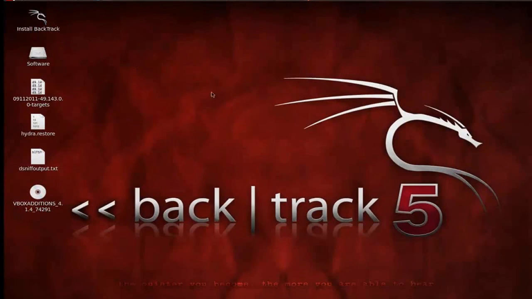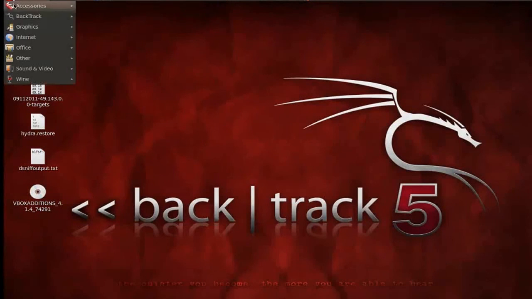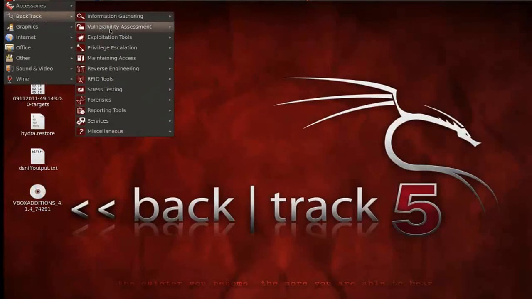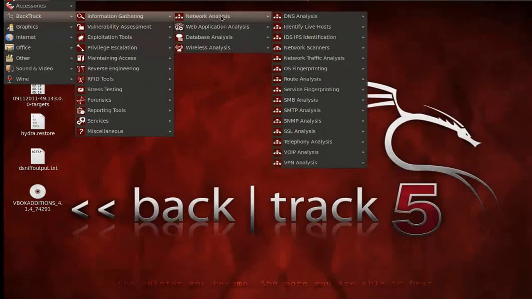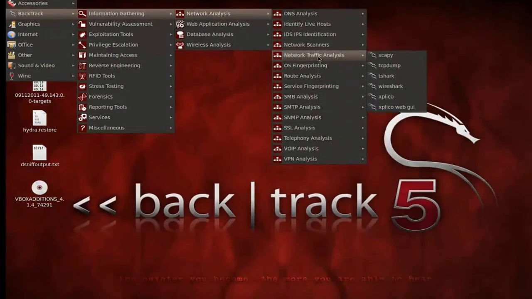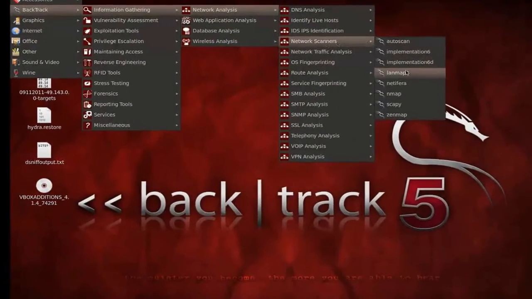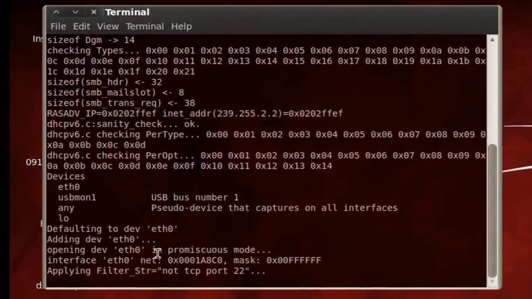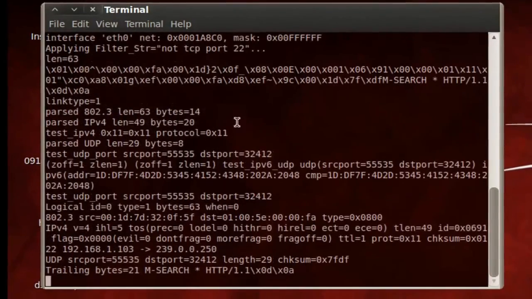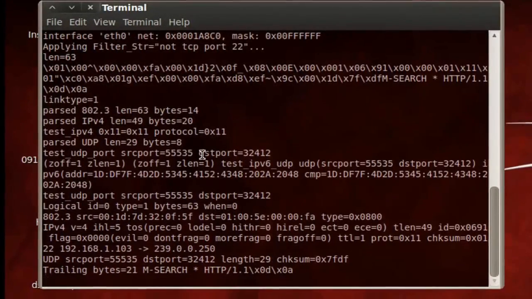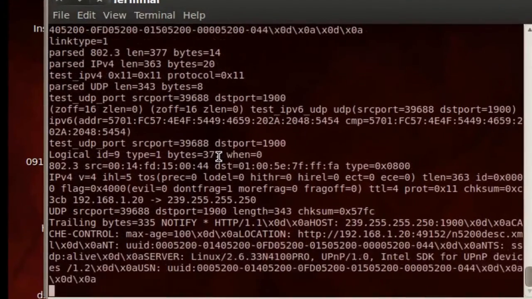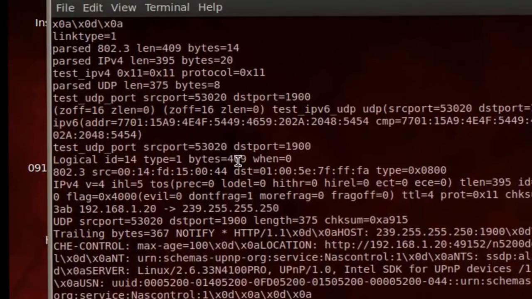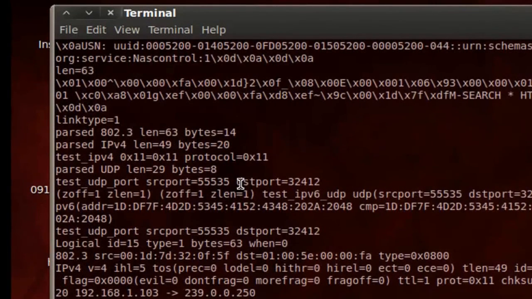Okay. So in Backtrack, how most people, I would assume, would be accessing LanMap without really understanding how it works is probably through applications. Go to Backtrack, information gathering, network analysis, and network scanners. Go down to LanMap2, click on it, and it's automatically going to start up a session, basically assuming that you are using your first Ethernet port as your connection to the rest of your